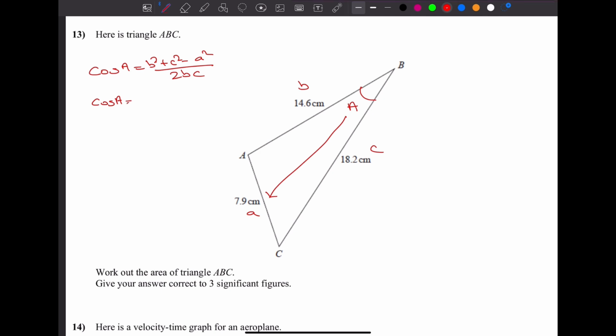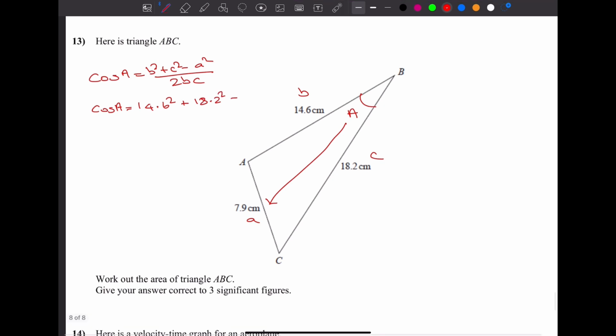Cos of A equals B squared. Let's see, 14.6 squared plus C, which is 18.2 squared, minus A, which is 7.9 squared, all divided by 2 bracket B, which is 14.6, bracket C, which is 18.2. Because of A, you will more likely have a fraction on there. Let's see, 14.6 squared plus 18.2 squared, take away 7.9 squared, okay, over